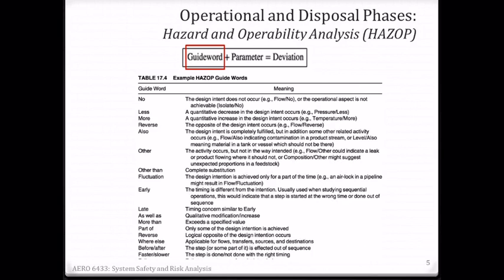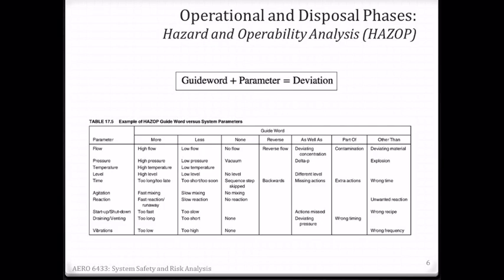Now on to guide words. Guide words are used to direct the process of identifying deviations. They are short words that are used to stimulate imagination of a deviation from the designed intent. And here are some example HAZOP guide words from your Erickson text. When you put the guide words and the parameters together, you identify different ways the system can deviate from the